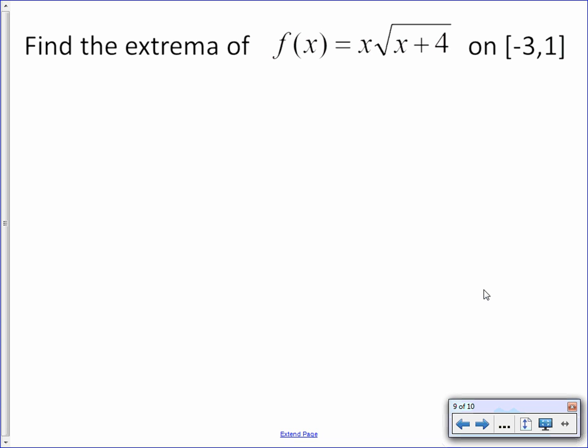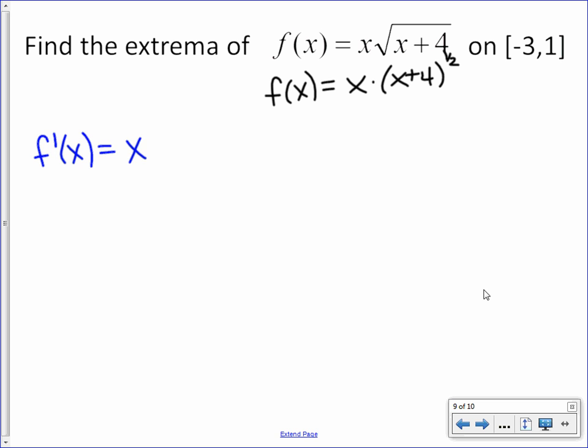Now, be careful. We have x times the square root of x plus 4. So first of all, we have a product. Second of all, don't forget to think of this as x times x plus 4 to the 1/2 power. That way we can use the power rule. Okay? So our derivative